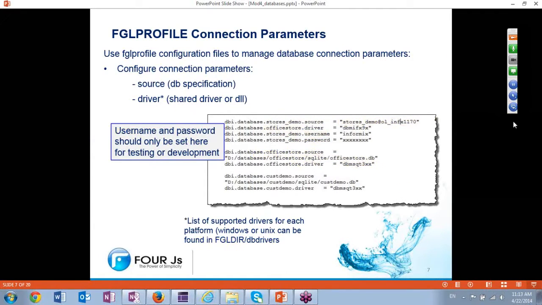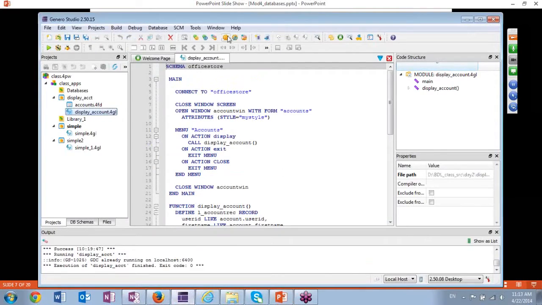I mentioned earlier that there is a default FGL profile file that has a lot of these same settings, not the one for Informix, but for all these SQLite sample projects that come with Genero. This default FGL profile, it's actually not the default one, it's out in the samples directory, it's where I got this, has the settings to connect to these sample databases that come with the software. So since I kind of bungled that explanation a bit,